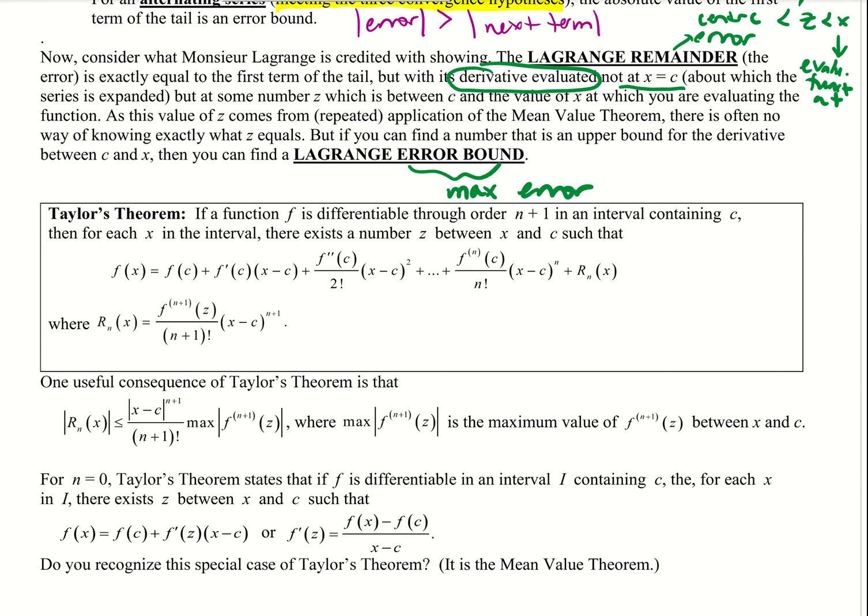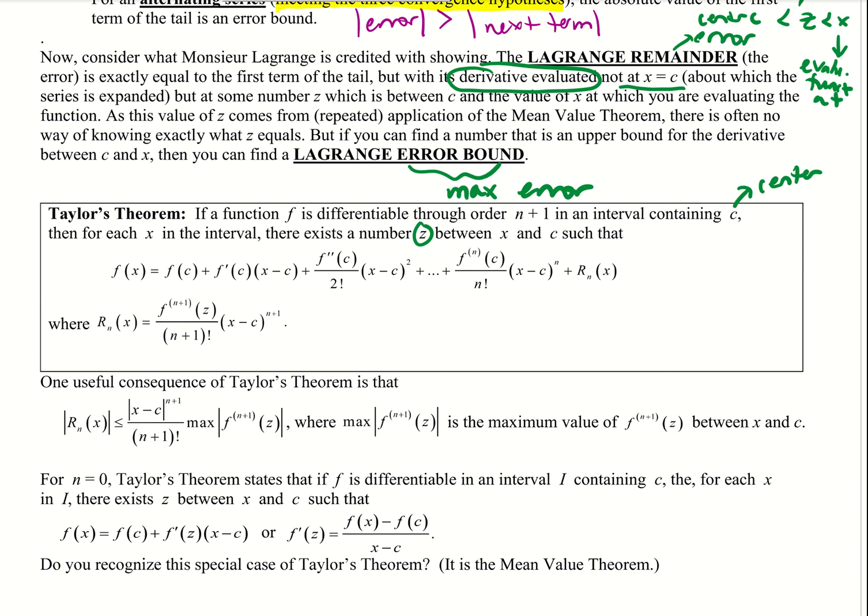So if we've got a function f and it's differentiable through all terms, including the n plus 1 term, and there's an interval that has the center c. The center might be at 0, it might be somewhere else, but that interval needs to have c inside of it. Then for every x value in the interval, there is going to be some place z, and z, remember, is going to be in between the center and wherever we're going to evaluate x, such that